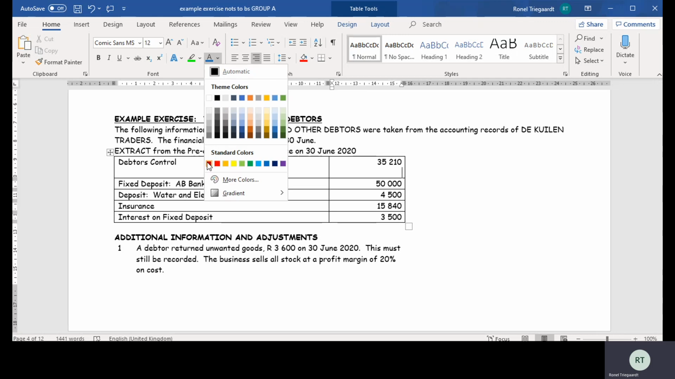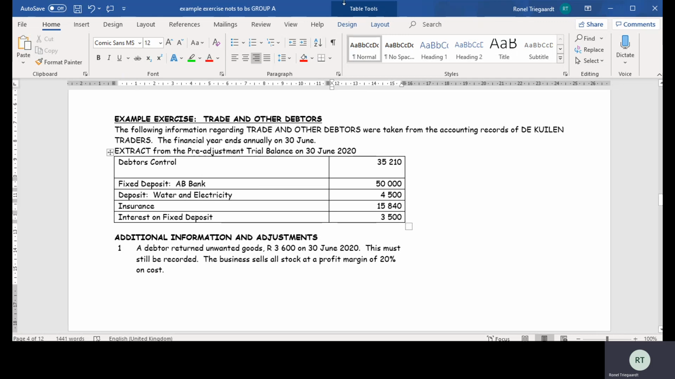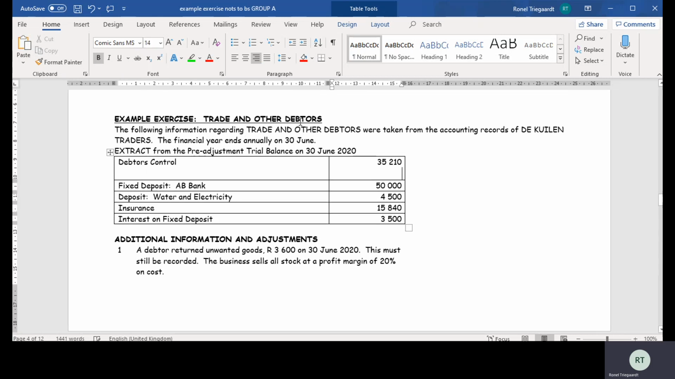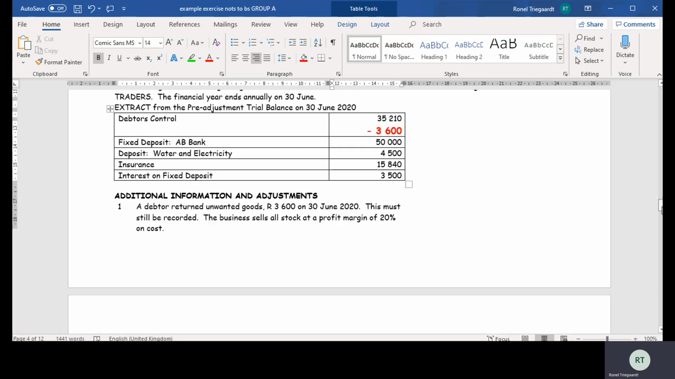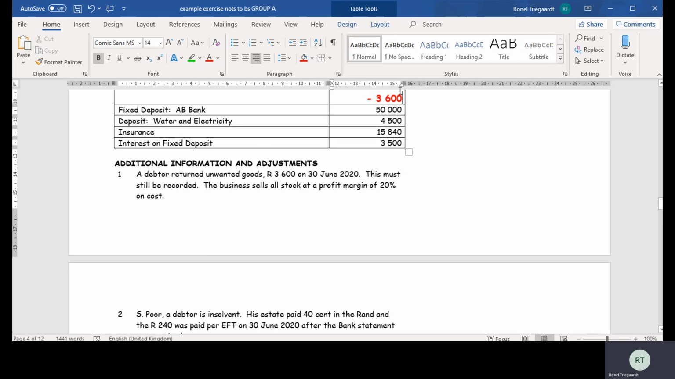If the debtor returns, he's not going to pay for it. You know that already. So next to debtors control, we're going to have minus the 3,600, because if he returns, we're not paying. Can you, for homework, please do these adjustments? Just plus and minus in here. Those adjustments. If you can do those, and I'm not done yet,